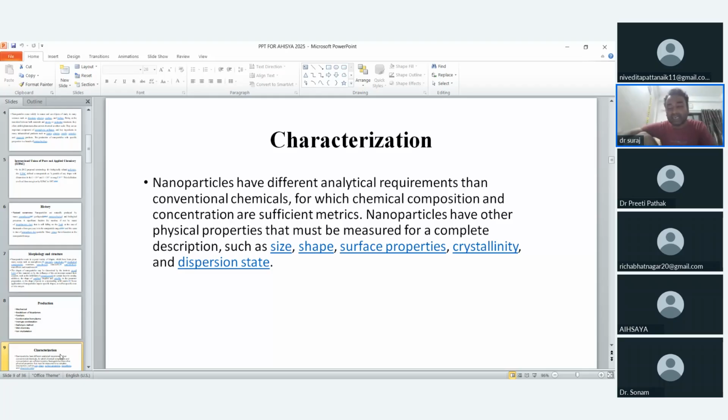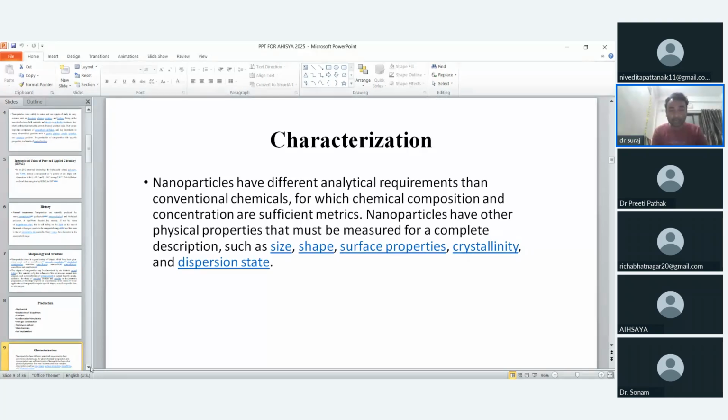Suppose we create any massless particle, and we are not focusing on its surface property. If it is very big in size and is surrounded and overlapped by multiple particles, then its surface property is affected. So it is not able to show its specific action. It is not able to show deeper penetration, or a high rate of absorption, distribution, metabolism, or excretion. So surface property plays a major role.